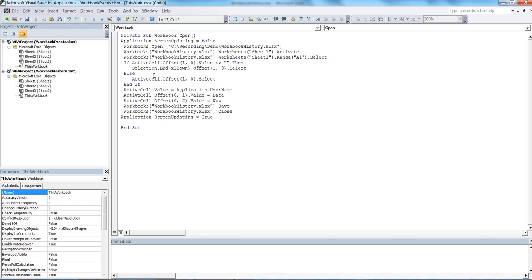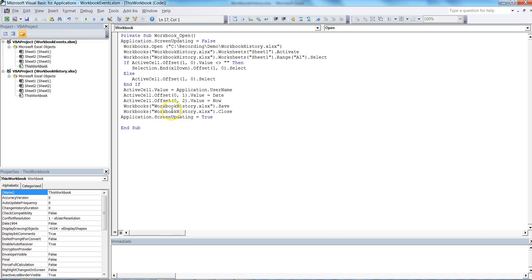But if the next cell is empty, that means we don't need to press Control plus down arrow key, but we need to place the value directly to the next cell. So after that what I am doing here, ActiveCell.Value equals Application.UserName. So this is the command by which the username who has opened this file will get assigned to the active cell. And after that you can see ActiveCell.Offset, that means being in the active cell, but I am placing the value in the next column, that is in the column B. So the row index is 0 but column is offset by 1, and then we are putting the date, and after that offset by 2 columns, that means being in the same row but offset by 2 columns. So we are putting in the column C the value Now, which gives the date with timestamp,